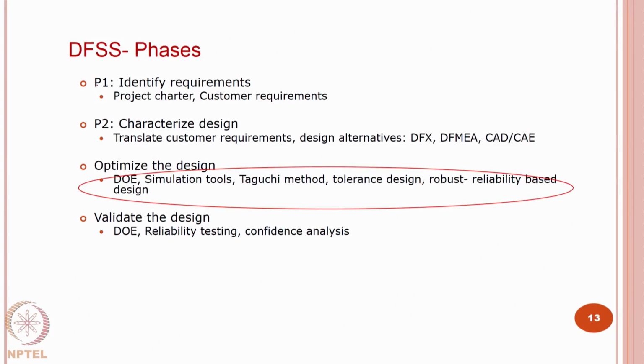What are the different phases in Six Sigma? So, this P here stands for the phase. This is not comprehensive, this is just one way of looking at it. Okay. So, P1 is to identify your requirements. This is a regular product design phase. You know, need assessment, requirement analysis, that is what this is, identify requirements.